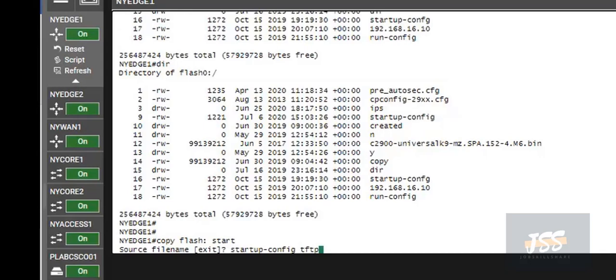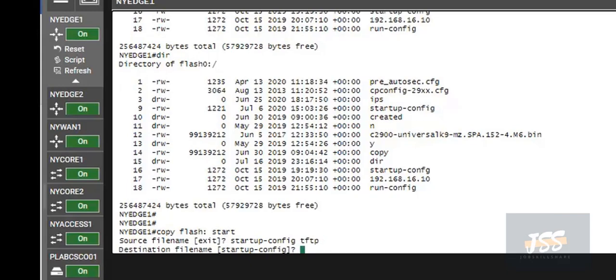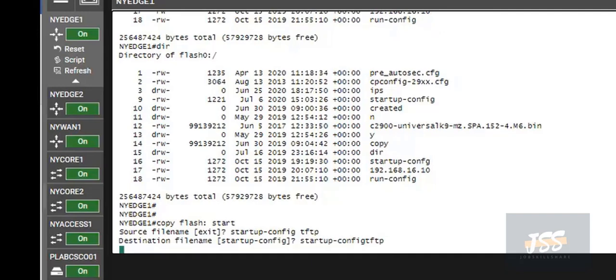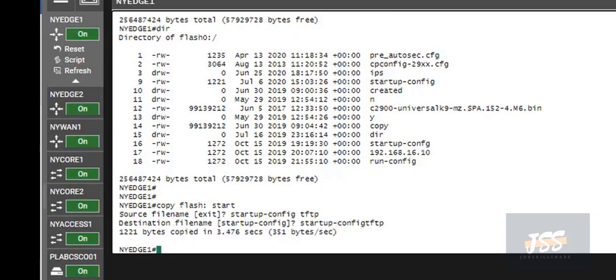We will type startup config, and copy to tftp. It will ask for the destination file name. We will type again startup config tftp. You can see that the file is being copied. Now we'll press enter.